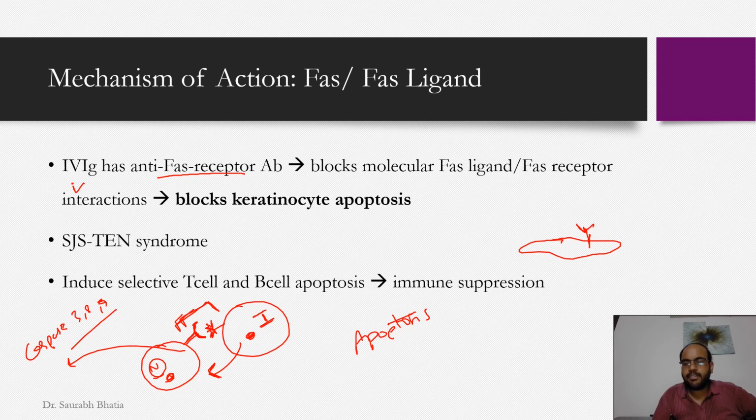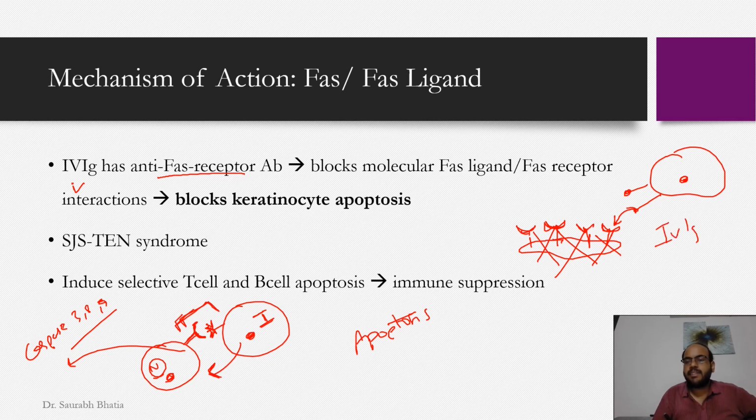When that is damaged or the cell is not able to function properly, it will release a lot of Fas receptors or Fas ligands. Then you have immune cells. It has the ligand for all of this, and when this thing gets attached to this thing, it will lead to keratinocyte apoptosis. What IVIg does is IVIg blocks this. IVIg blocks the Fas receptors, and when Fas receptors are blocked, the interaction doesn't happen,